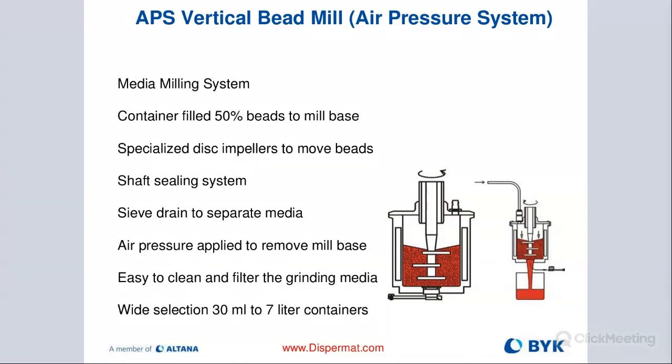So here is kind of a graph that shows you what that looks like with the drain plug. It's very easy to remove. Here is your slurry with your media, your milling disc, and when you're ready to purge the material, just hook up that air hose to the socket, remove the drain plug, and then very nicely you can remove your mill base into the container below. So using air pressure for that, we can go up to 7 liter container. We have made custom versions up to 30 liters, which is about